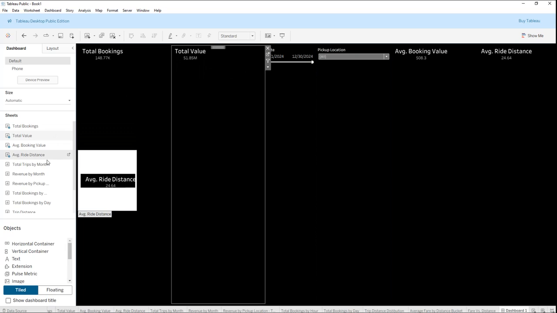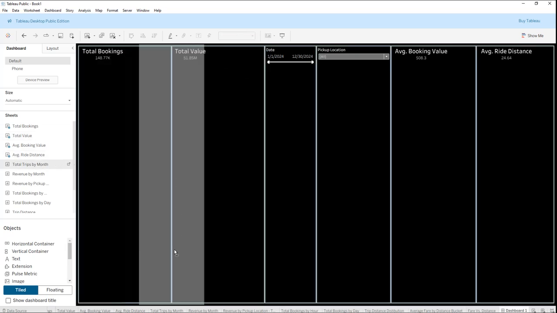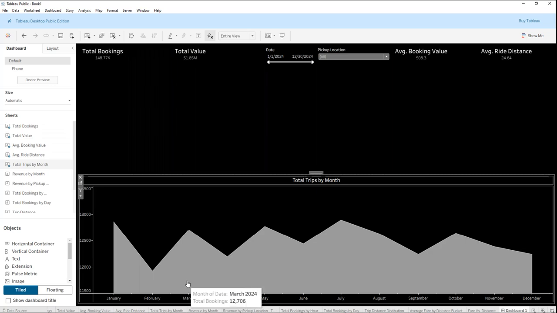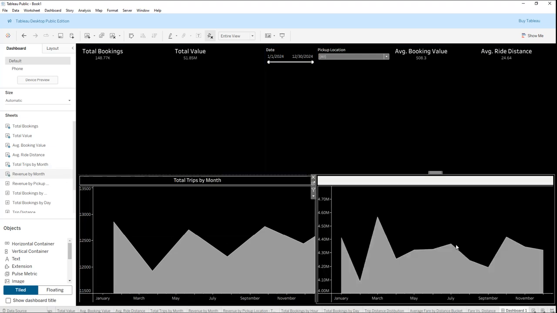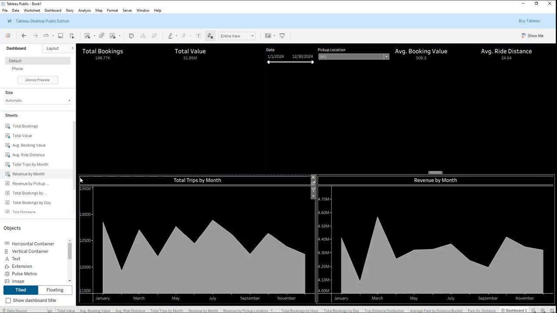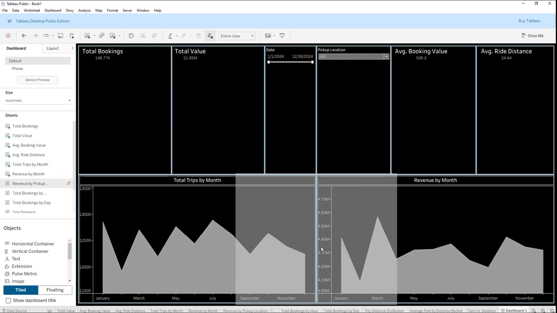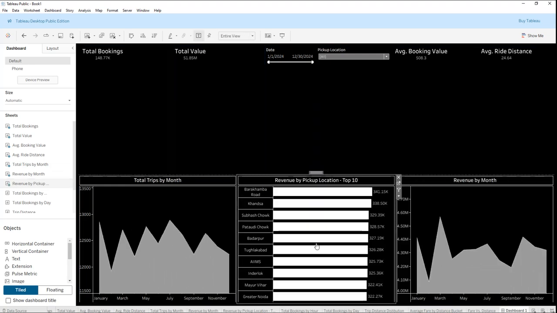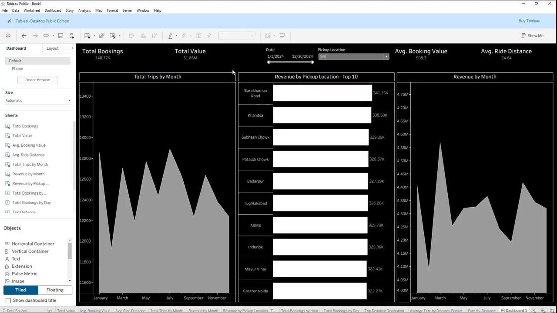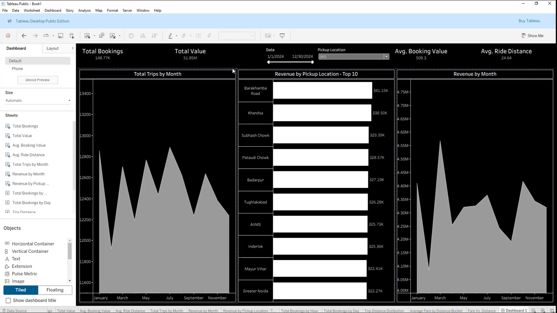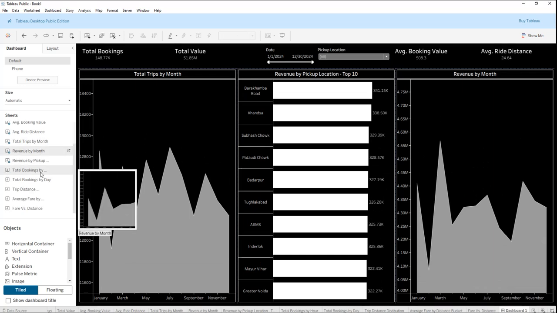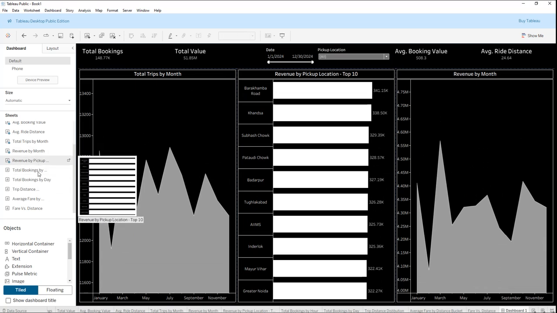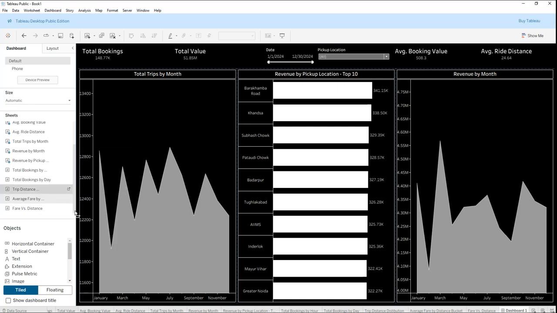Next we have the different sheets. So we have total trips by month, then we have the revenue by month, then we have the top 10 pickup locations. Okay, so I decrease this one like this. Okay, next we have the distribution. So where is distribution? Okay, next we have the distribution in here,